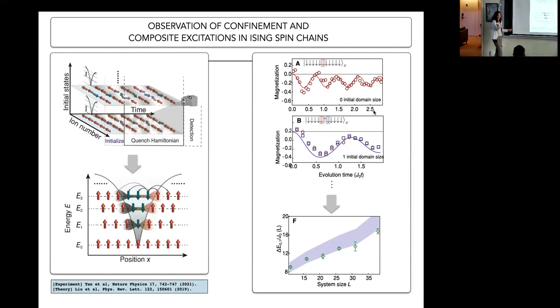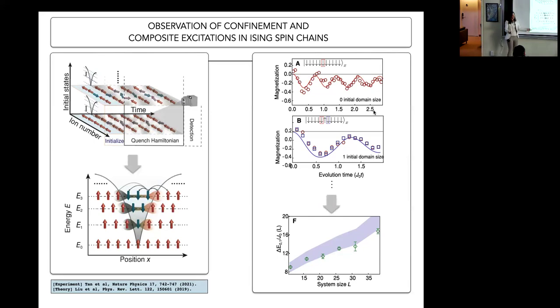And using the frequency of these oscillations, you actually get the energy gaps between the ground state and the first excitation, the second excitation, things like that. So this is like reading the spectrum from dynamics, which is very interesting. And then they get these energies as a function of the distance between these kinks. And it actually grows and it's consistent with the theory. So you actually have this confining force in this spin system. So this is being observed.